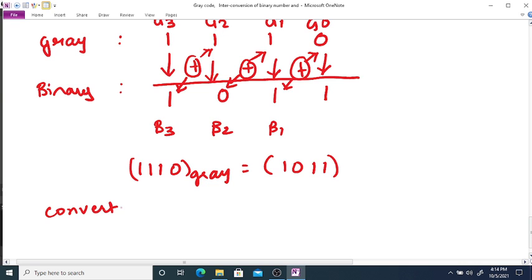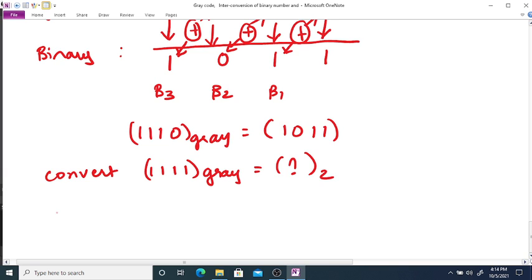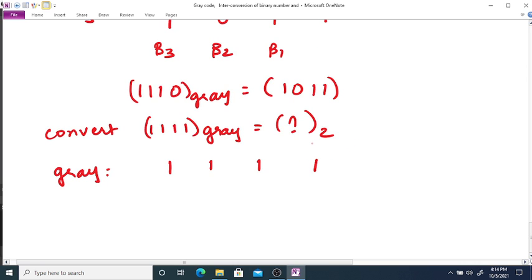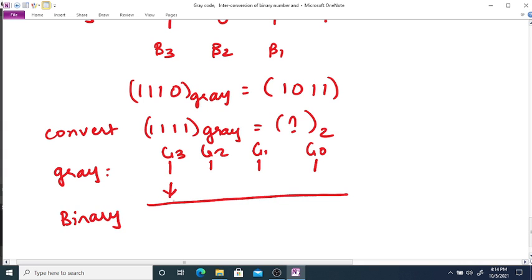Convert 1111 gray into binary. So again we will write down the given gray code as it is, 1111, we will label them as G0, G1, G2 and G3. Then the binary equivalent will be, here we will write down the MSB bit as it is, then we will XOR this